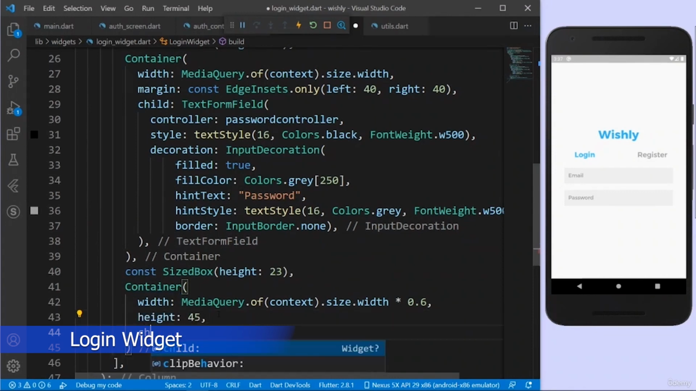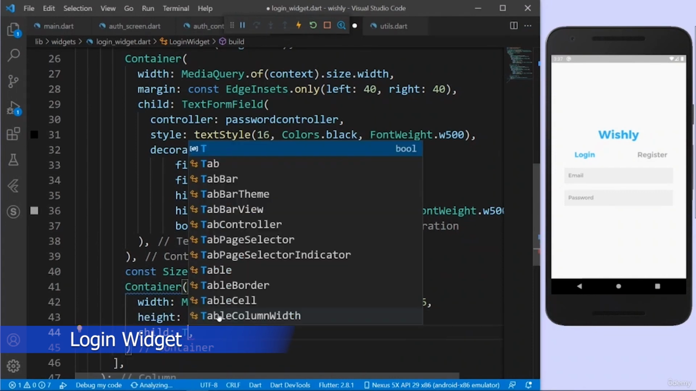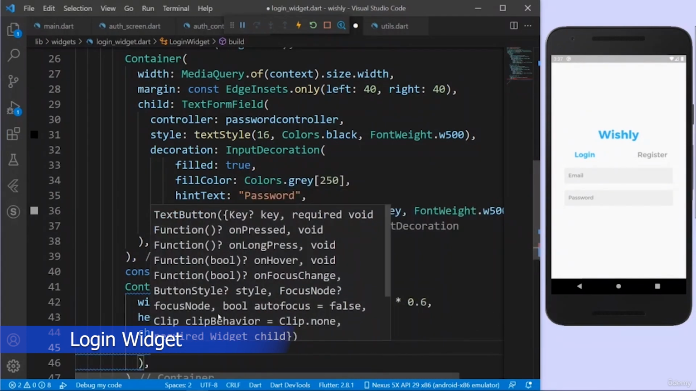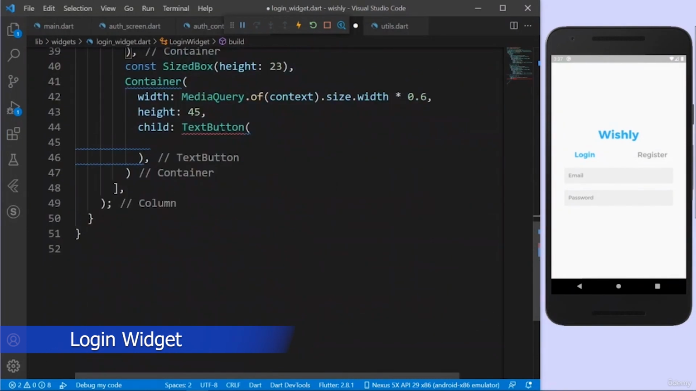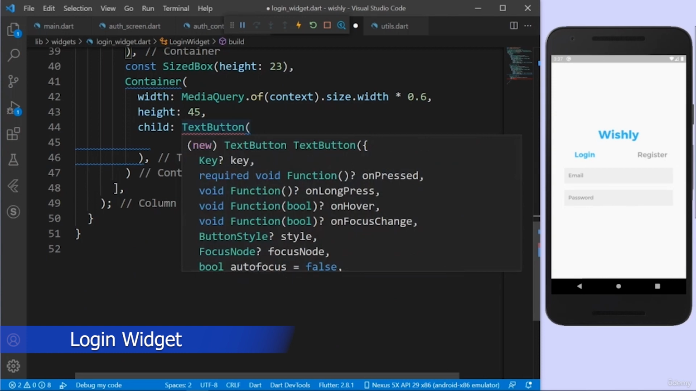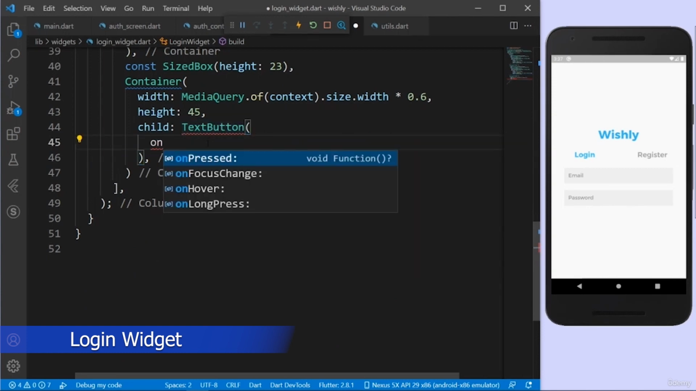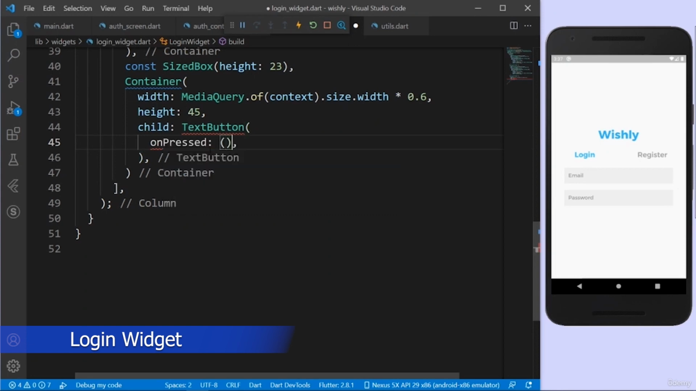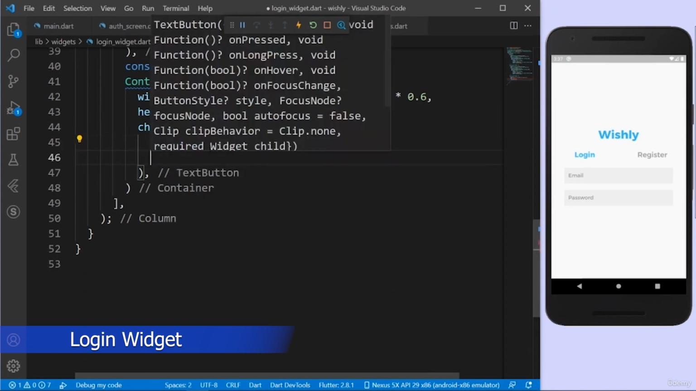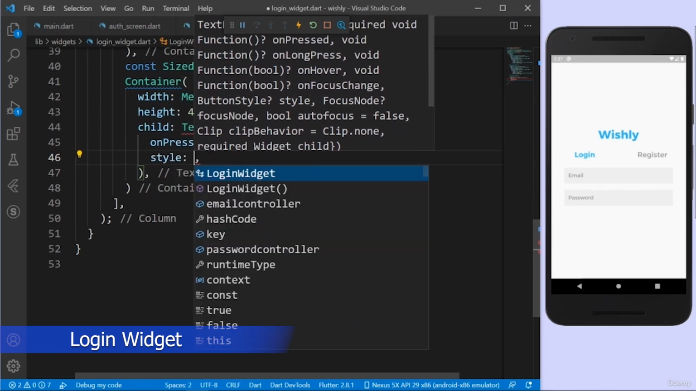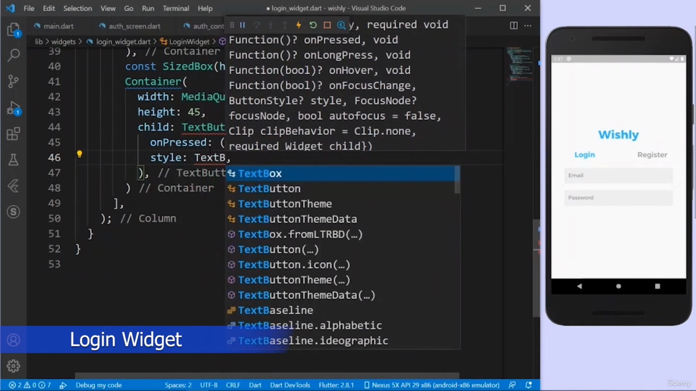and the child of this is going to be a text button. So I can say text button, because back in the days we would use a raised button, but now we have to use a text button because the raised button is deprecated. And on press, so when you click on this, nothing will happen, but the style of this whole thing, I have to give a background color and so on. So I'll say text button